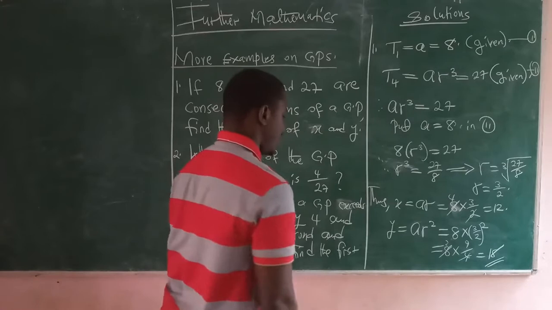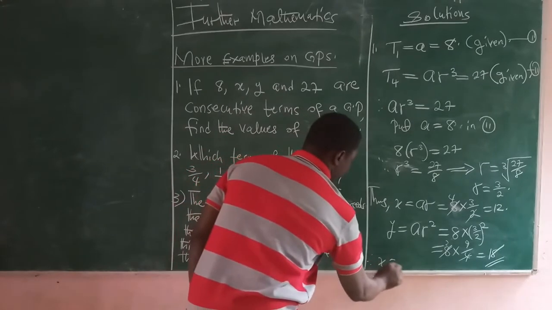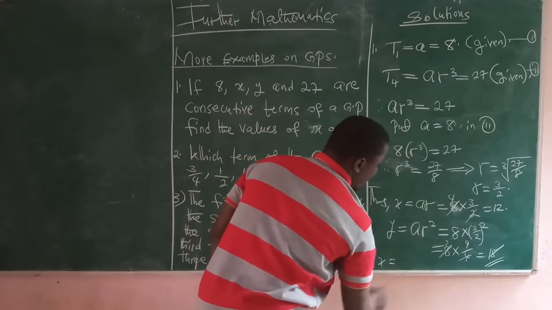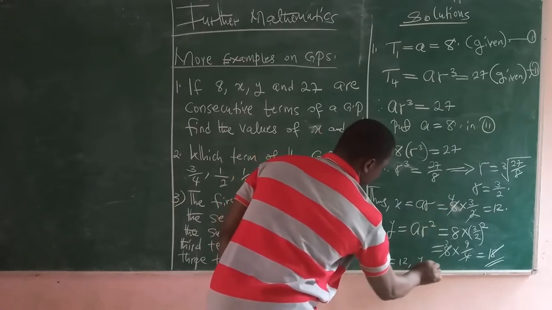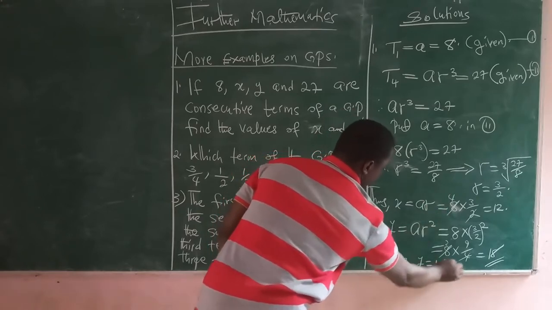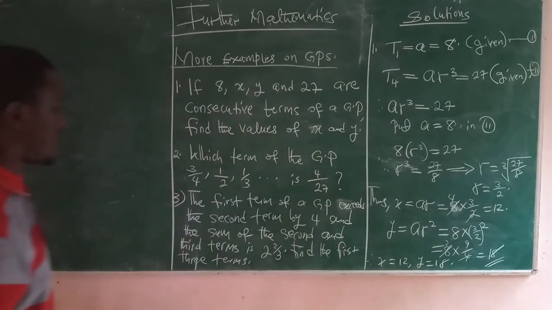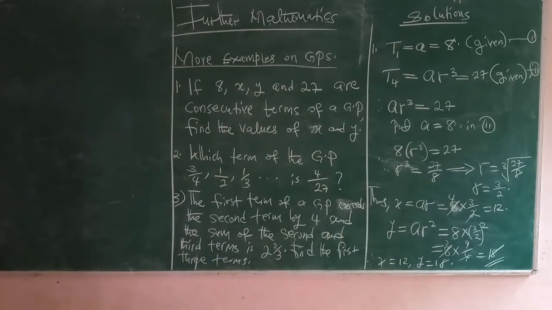So that's it. Therefore, x is equal to 12, y is equal to 18. That's it. We're done with that. Make sure you copy your note. The next question there is,